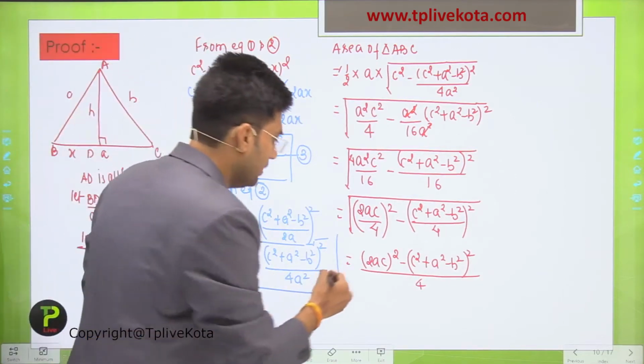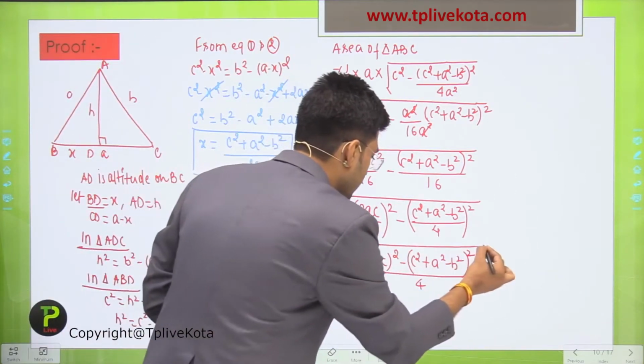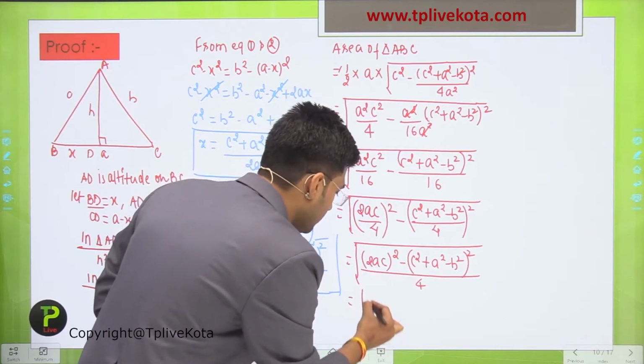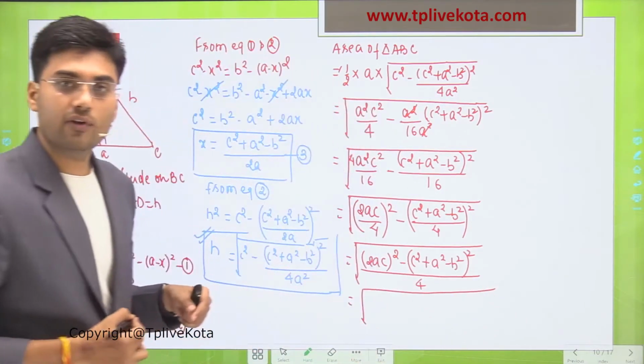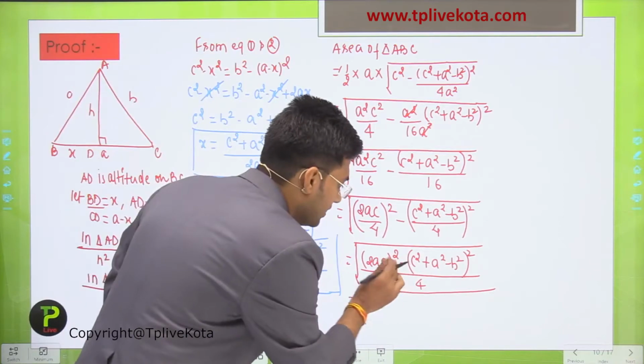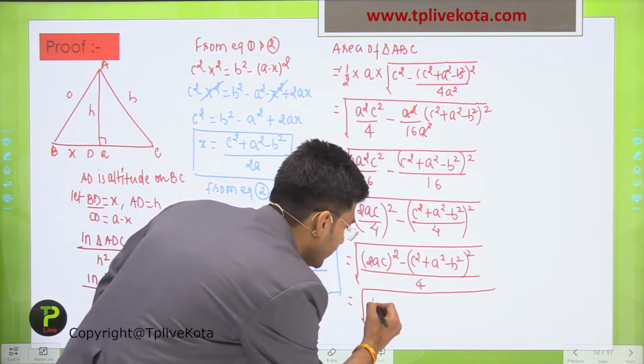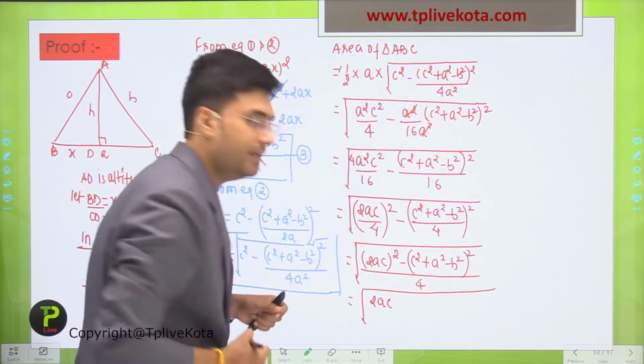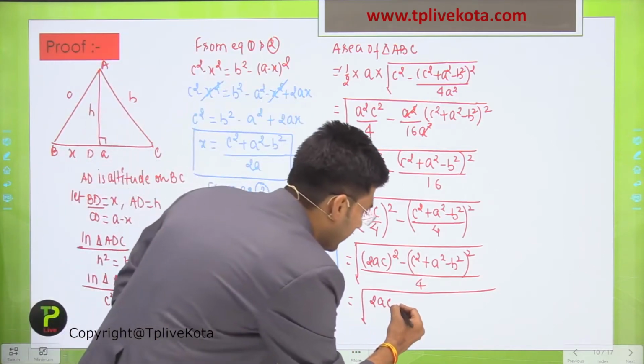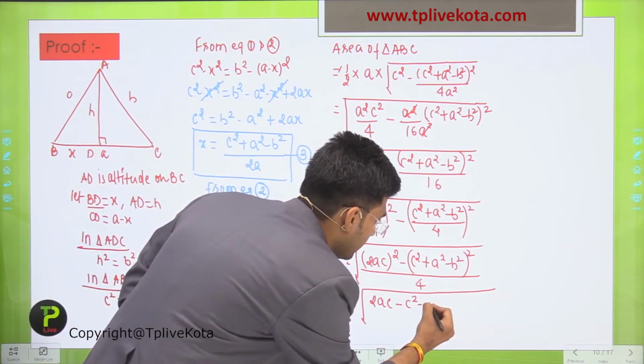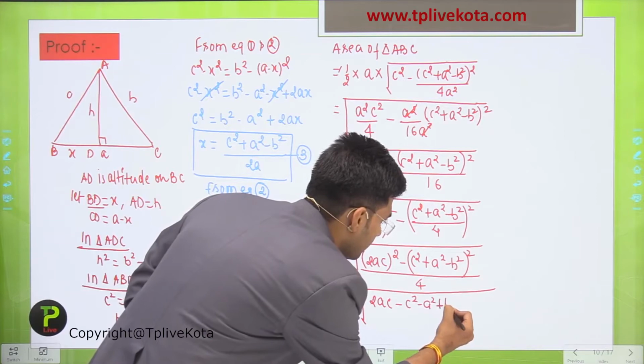Clear? And this term is under root. So now what will we get? This is a square minus b square, so we can write it as (2ac minus c square minus a square plus b square)